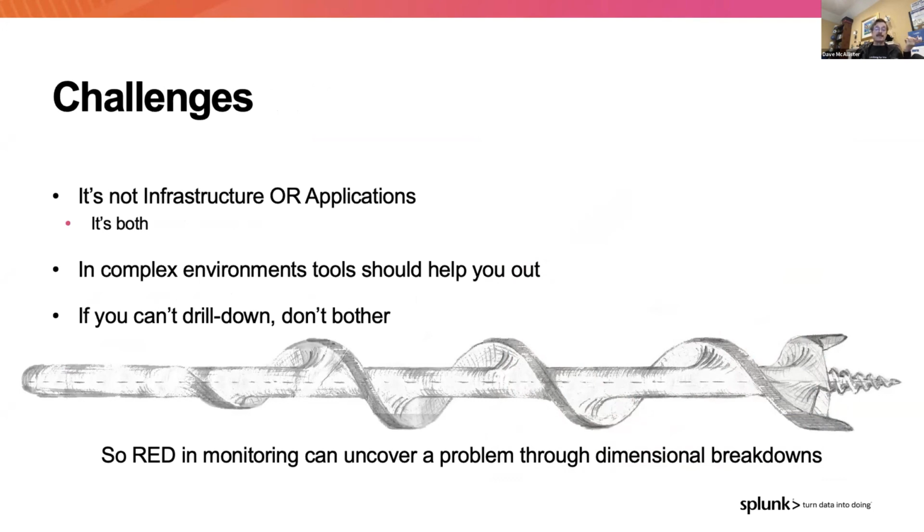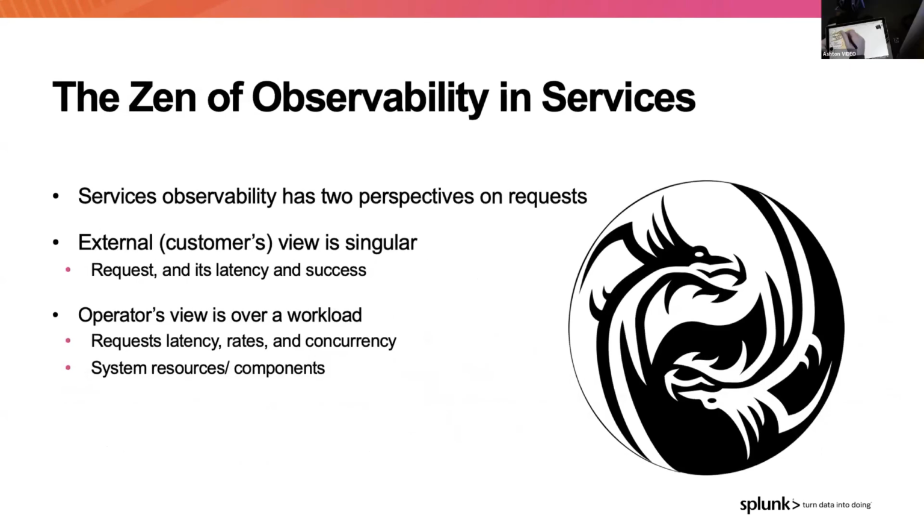But in complex environments, your tool should be able to help you out, figure out your service maps for you, figure out what you should be interested in, and help guide you without limiting you. If you can't drill down, don't bother. And so RED helps you through this dimensional breakdown. Earlier we talked about being able to use tags. This is really important. That's your cardinality aspect that's very, very important in a RED environment. So the Zen side, from an external customer viewpoint, they really only care about these three things: the request and how long it took